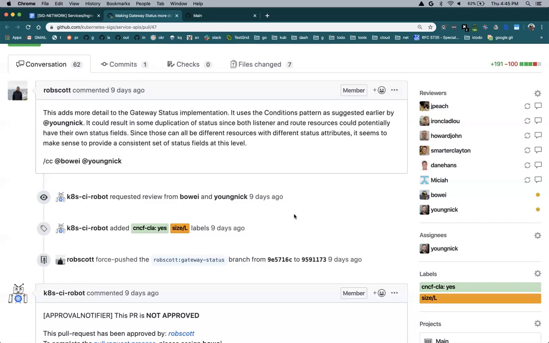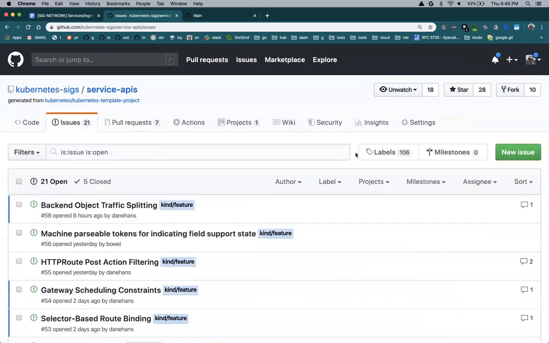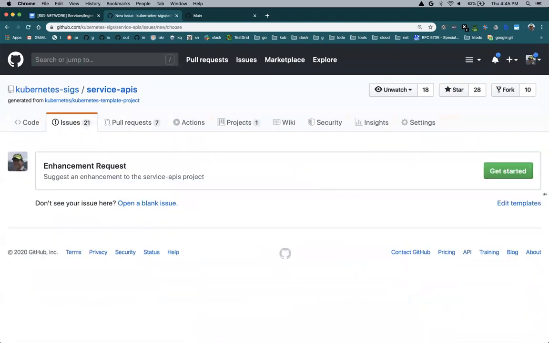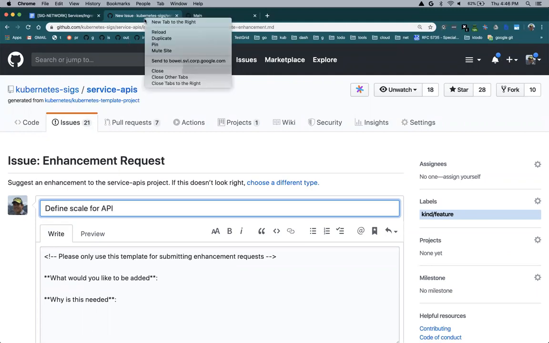That brings up a good point, though, that we should, if someone wants to open up an issue about the scales that we are expecting. Yeah, and so that's a comment somewhere down there that we should have a follow-up issue to decide what we want to say we can support, such as numbers of routes, or I'm sure there are other metrics that we should also be setting forward as goals. We want to support X number of listeners as an example. I don't think we have that specified yet, but that would be really useful. Yeah, okay. I just put it here as a placeholder.